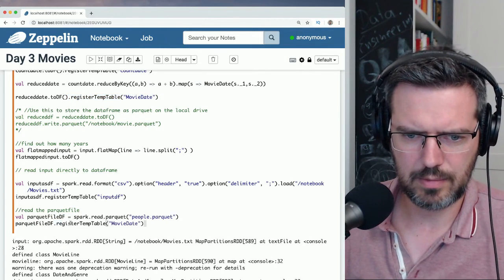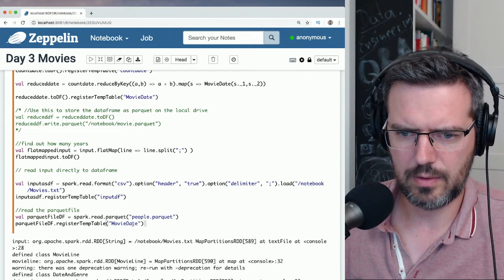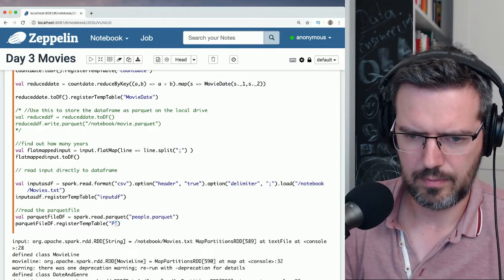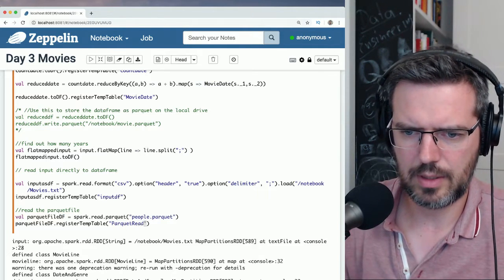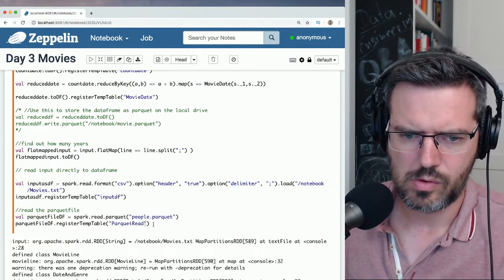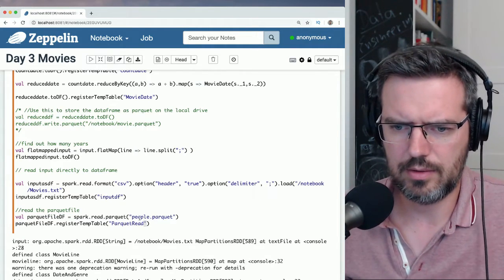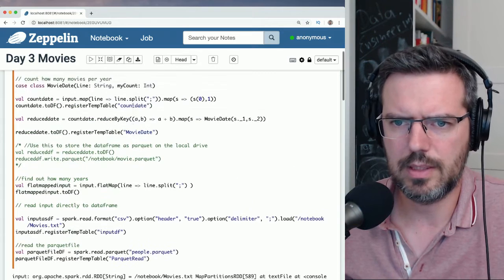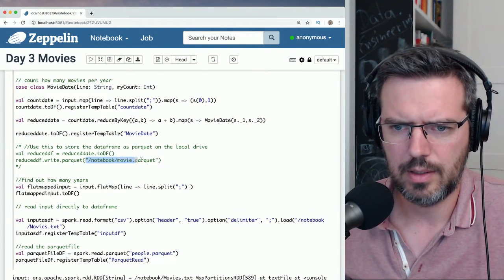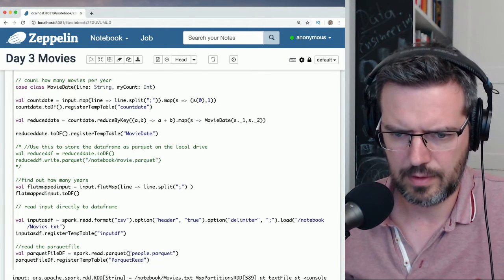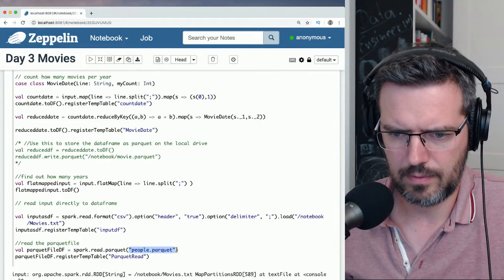Let's register a template and we call this parquet read. Okay, this is wrong. This is where I wanted to insert it, here.